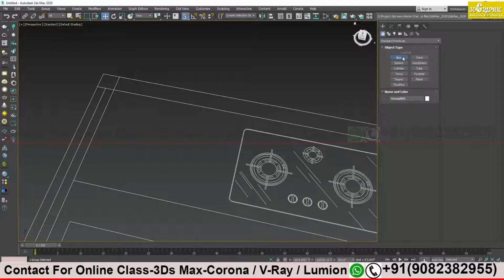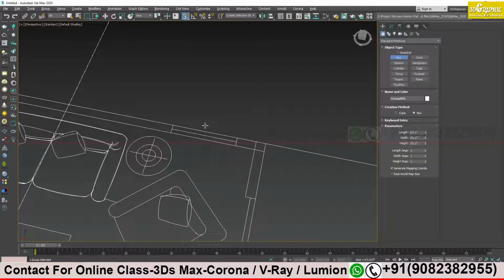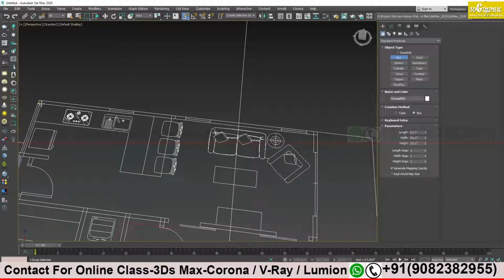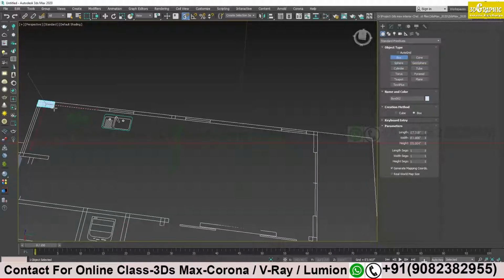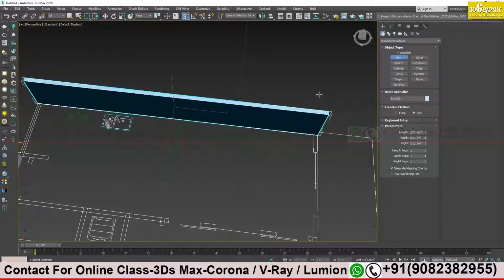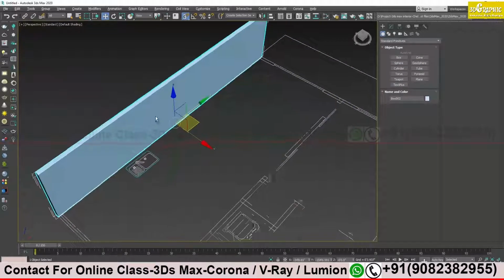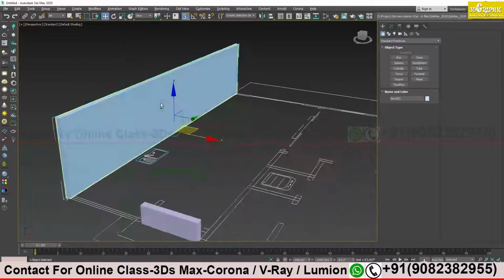I will go to my box quickly and zoom out to see the complete wall properly. Then move your cursor and just create like this. You see it is snapping. Whenever it gets a corner, it is snapping. So I will drag until I reach the entire end of my wall. See, I reach over here. I will release my mouse button and drag my mouse up. I will click over here and press W to come out of edit mode. You see, the wall is created.